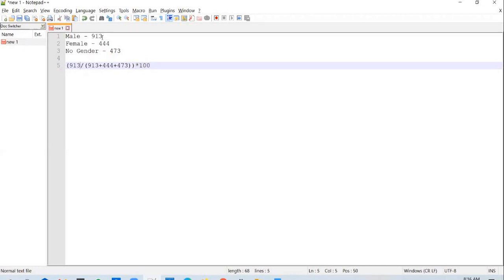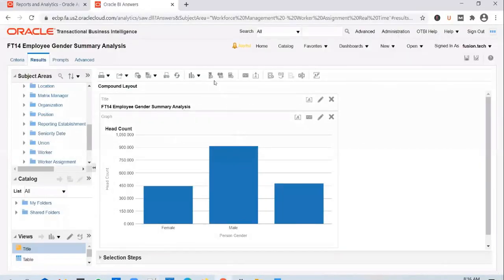So this is how you convert this 913 into a percentage of males. I want to write this formula and add it as a new attribute so that I can use it in the graph. So how do I do it?